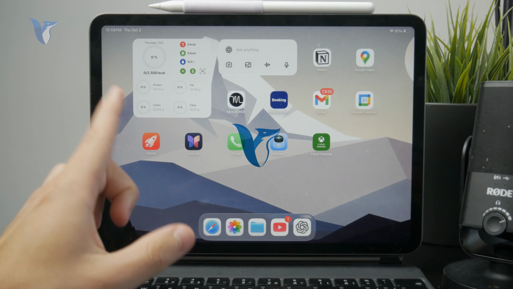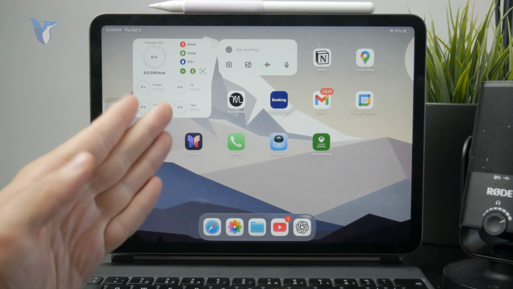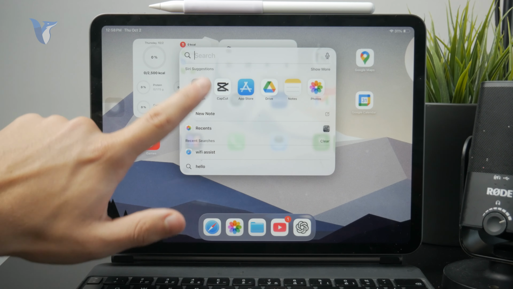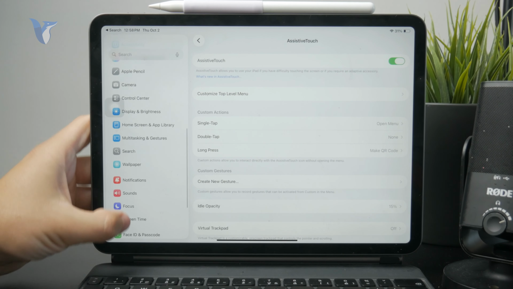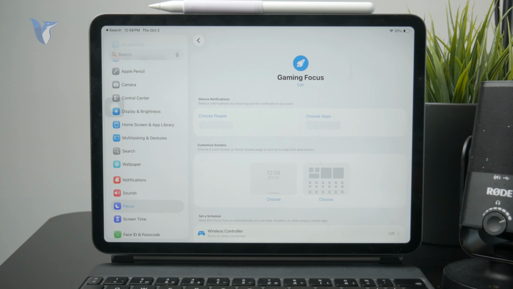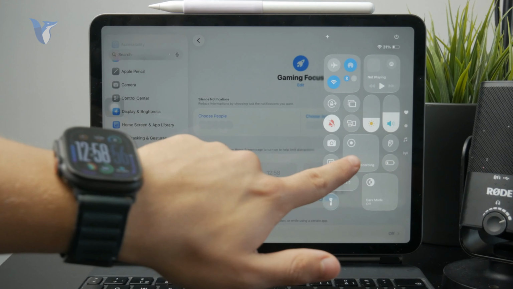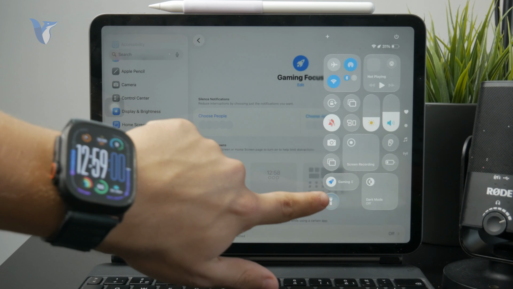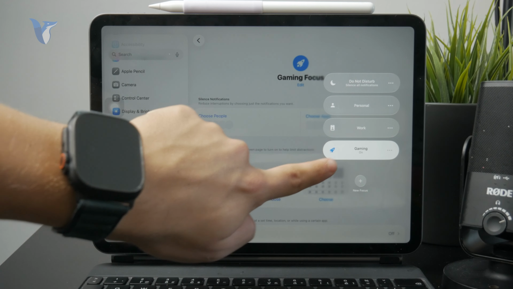So how can you turn off the keyboard on iPad while playing the game? There are some things you can do, of course. At first, open up the settings and go to the focus mode, and there is a dedicated gaming focus, which is going to limit some interactions like notifications and some other things popping up. So I recommend you have that turned on and make sure that nothing is disturbing you while playing the